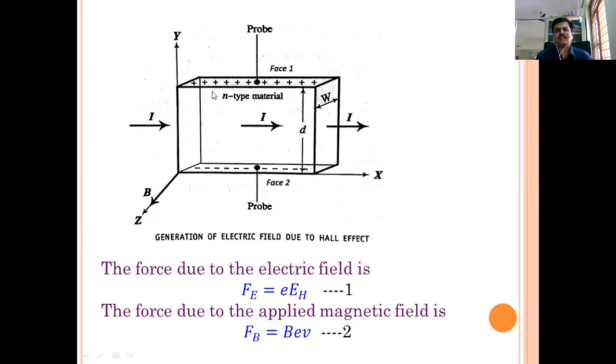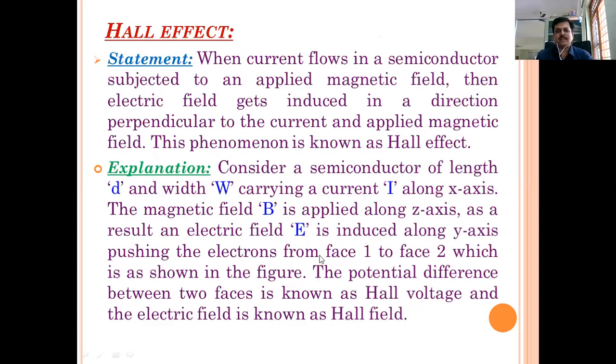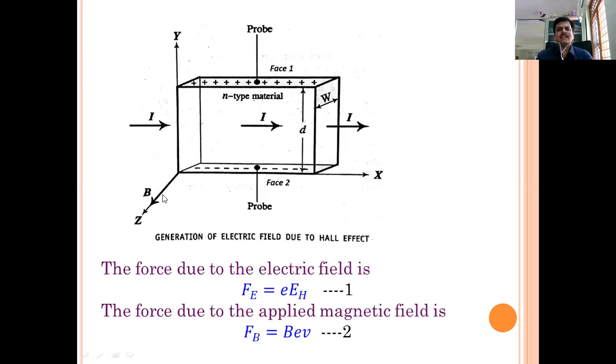Whenever the electrons are pushed downwards, there exists a potential drop. Fine, the potential difference. The potential difference between these two phases will be known as Hall voltage. Hall voltage, here it is mentioned. The potential difference between the two phases is known as Hall voltage, and the electric field is known as Hall field. And here the force that can be calculated with the help of two such